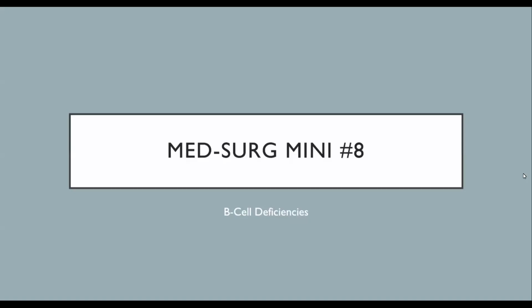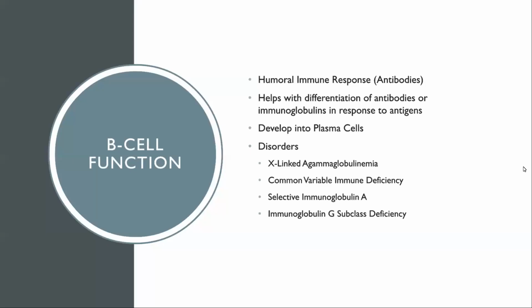Welcome to Med-Surg Mini number 8, where we'll talk about B-cell deficiencies. A B cell functions through initiating the humoral immune response and producing antibodies. It also helps with differentiation of antibodies or immunoglobulins in response to antigens. It develops into plasma cells, and disorders of B cell function are X-linked